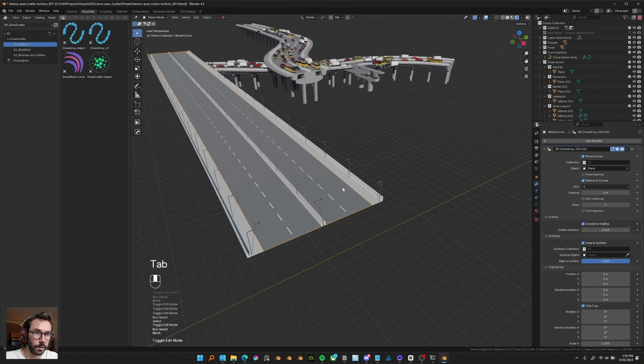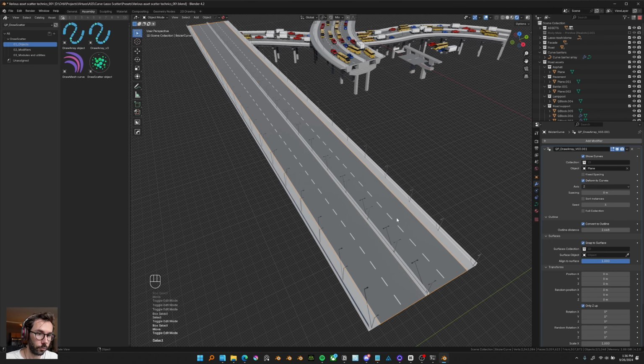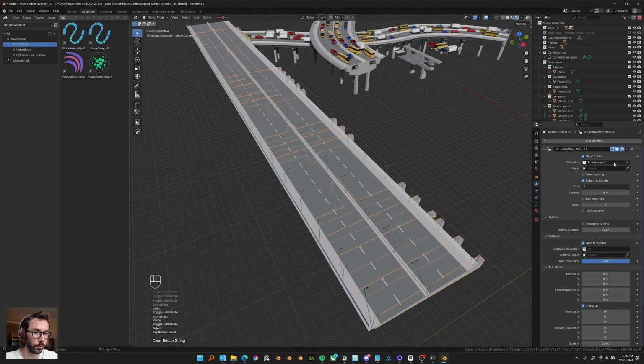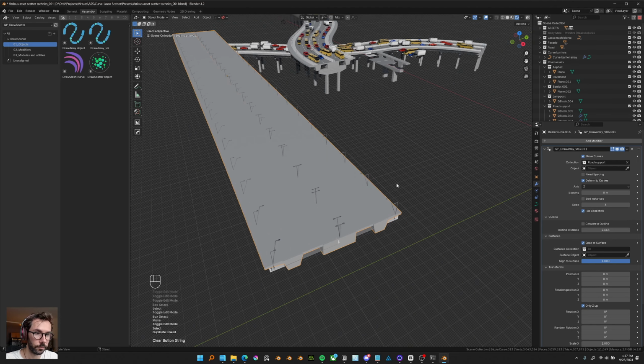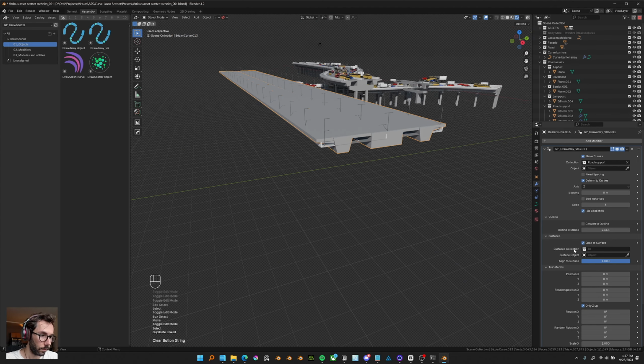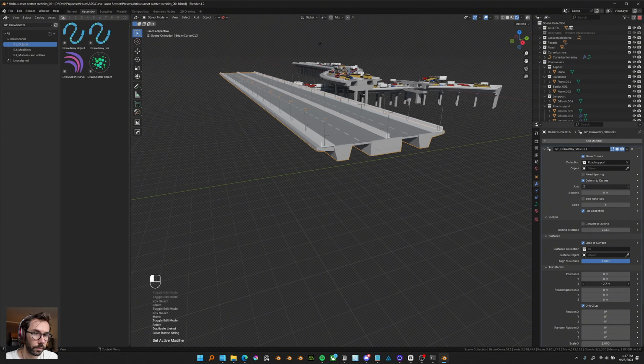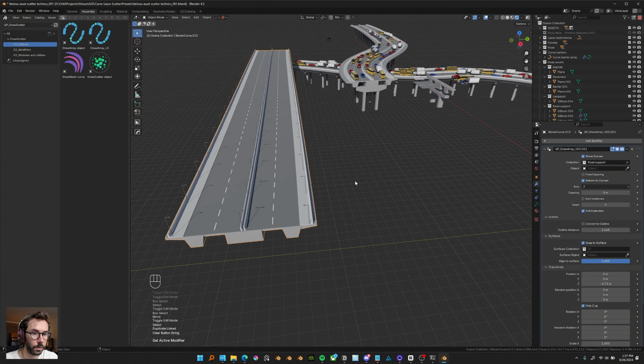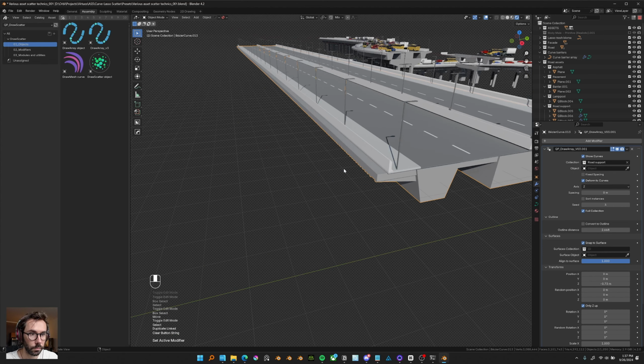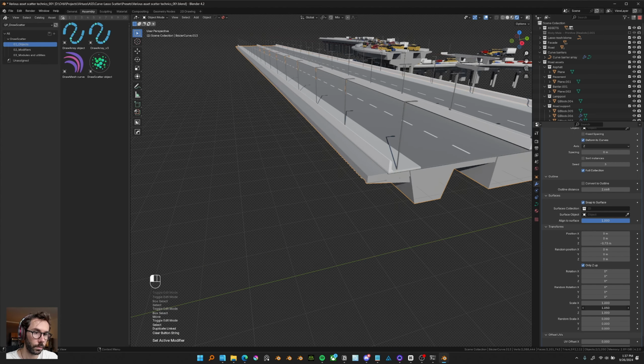So now I have the basic, and what I can do is Alt duplicate again my road, I remove the outline just because that's the way I built this one, and I will add road support, that's my collection, and click on full collection, of course. If I forget, that's not good. Shift it below the road. I can have it stick out like that, or even more, or I can fit right there if I want to,